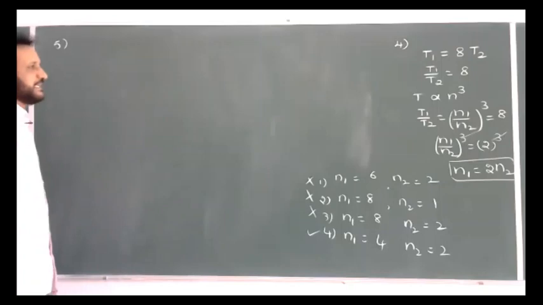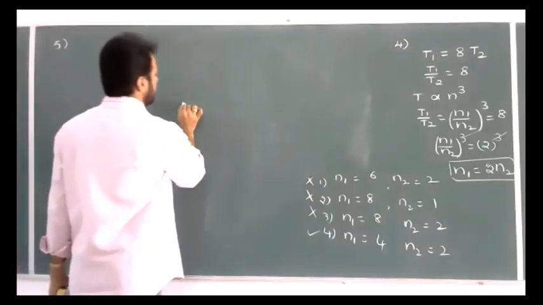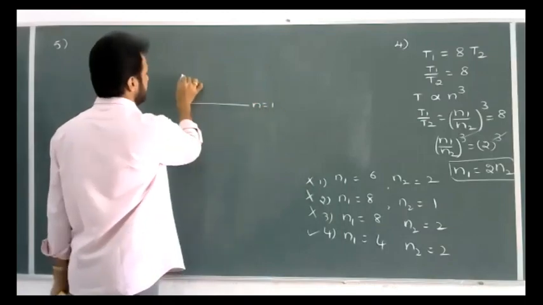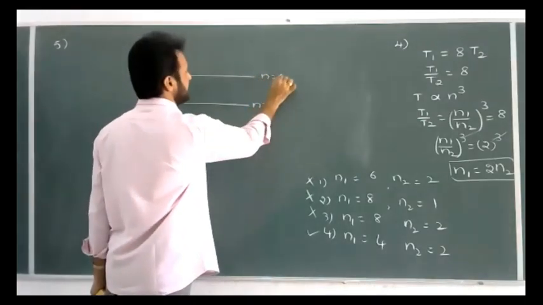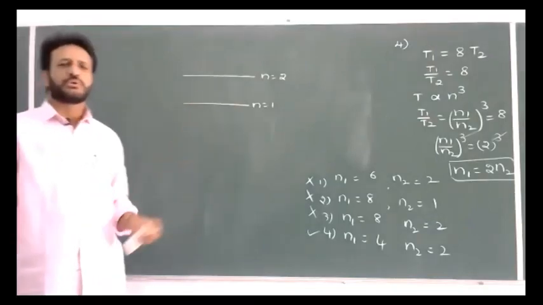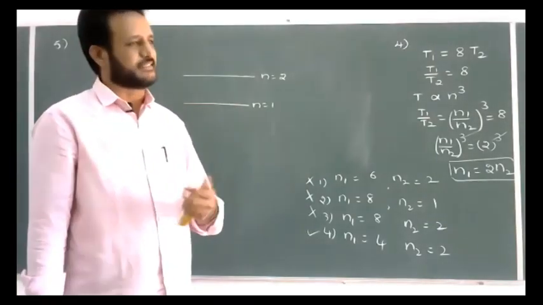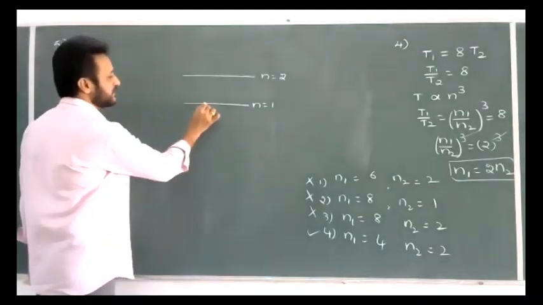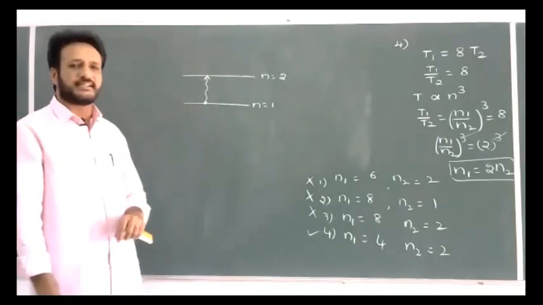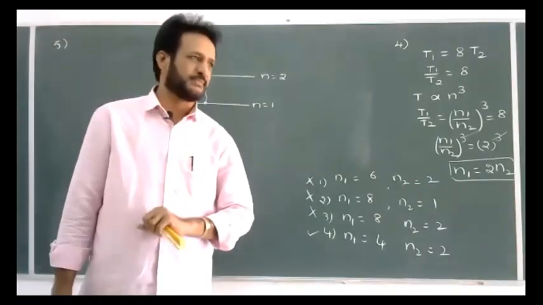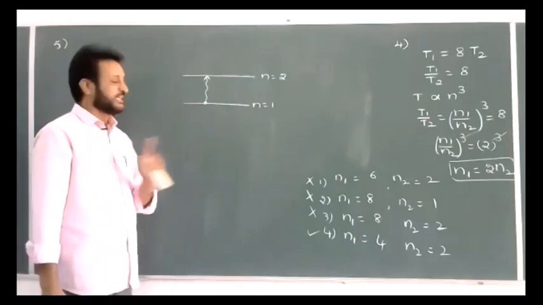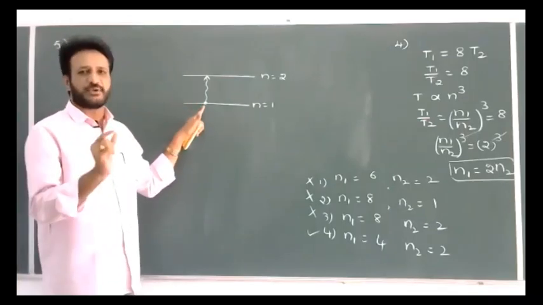What is given? In the initial orbit, the total potential energy of the electron is 0. n is equal to 1 and the first excited state means n is equal to 2. So whenever P is equal to 0, total energy is in the form of kinetic energy. So whenever the electron goes from the first orbit to the second orbit, the electron has a kinetic energy of 13.6 electron volt, because total energy and kinetic energy are both equal in magnitude. So the electron has 13.6 electron volt energy.